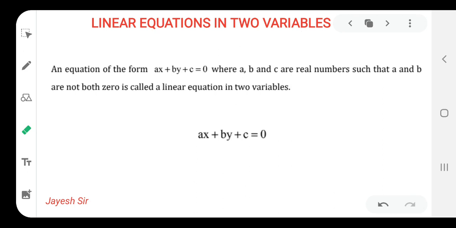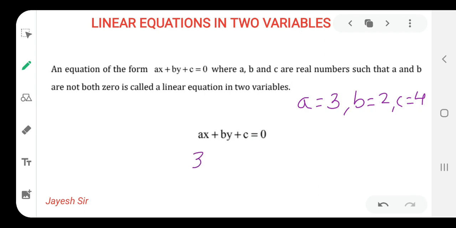One could be 0. Let us understand it with a simple method. Here we need to find the value of the variables. I am putting the value of a as 3, b as 2, and c as 4. Now I will put these values of a, b and c in this equation.